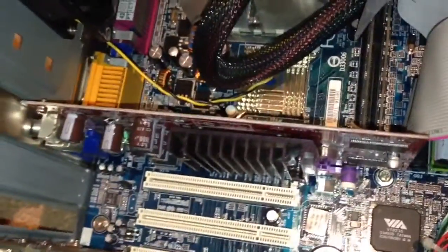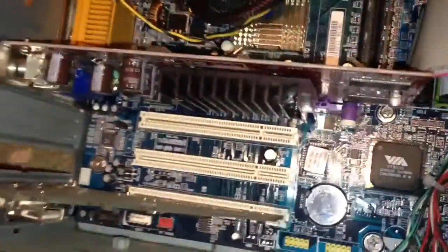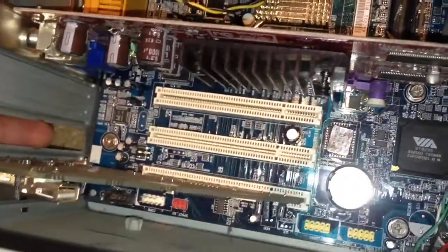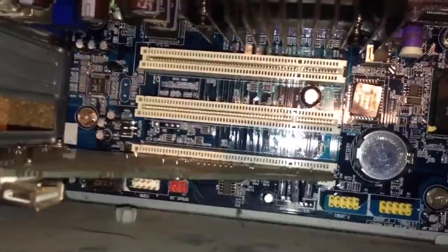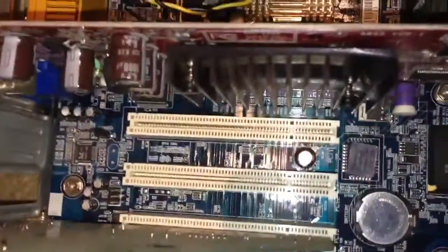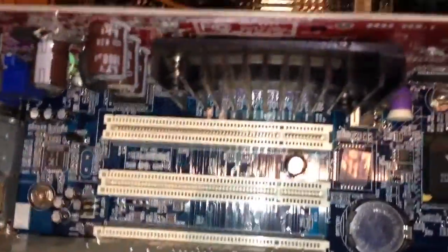I do have an MX5200 AGP graphics card that could go in this. I've got a PCI wireless card which I'm going to use to fill this gap. This USB 2 card I might take out and use in my Pentium III machine, because that's not got any USB. I've also got a Firewire card I could put in there just to fill a gap, but whenever I use Firewire, I doubt it. The only thing I've got with Firewire is my camcorder,